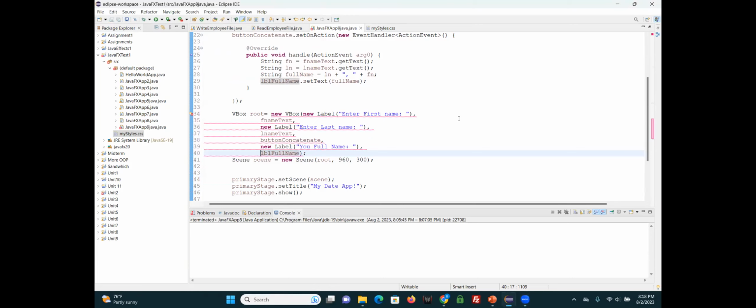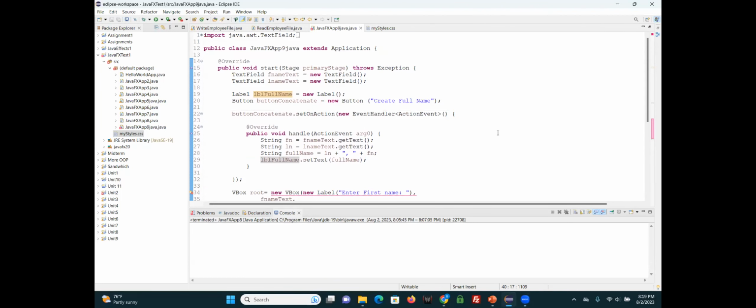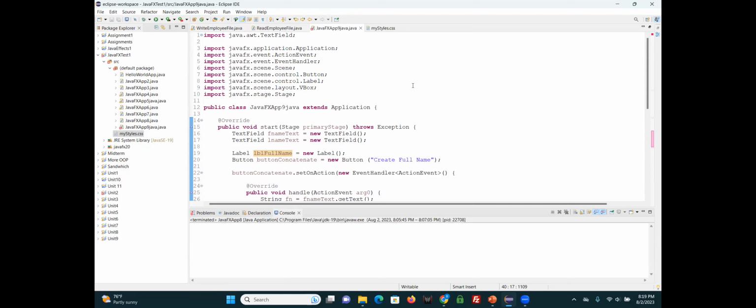Okay. Can you hover over line 34? Okay, it says the constructor is undefined. Okay, can you scroll up to the top? And can you open line number 1? Expand line number 1. Okay, delete line number 1 because you got the text field from the wrong class, from the wrong package. Okay, now organize your imports